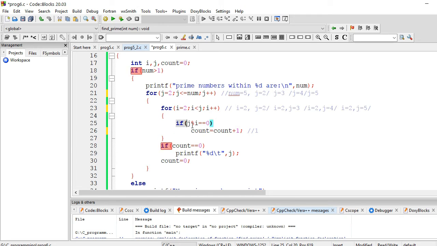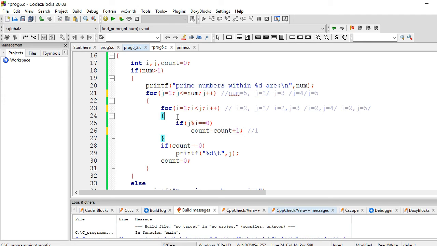So j modulus i, 5 modulus 2 equal to 0 will be false, because 5 is not divisible by 2, so i will be incremented to 3. Now j will be 5, so 5 modulus 3 is also not 0, so count will not be incremented.